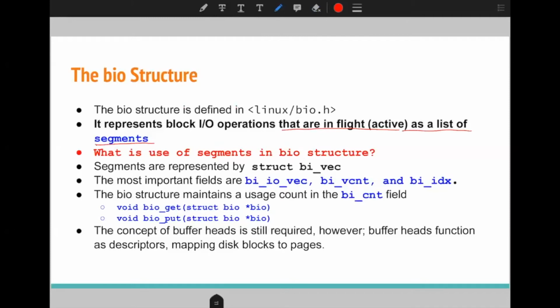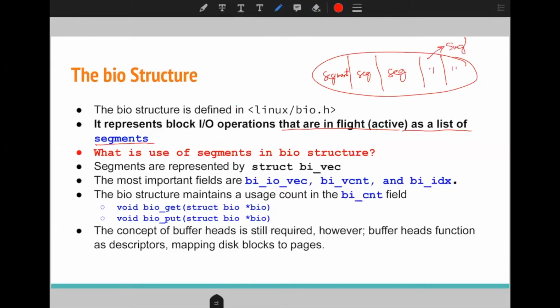This bio structure consists of multiple segments, and each segment represents a single IO that can be read or write.